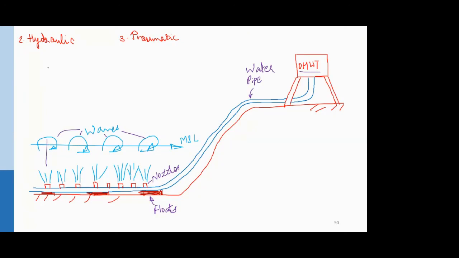So you can assume, if I draw a force diagram, the force of this wave Fw is in the right direction, suppose, and the force of the water from the nozzle is Fn. Okay. So this force Fw is interrupted by the force of the water coming out from the nozzle, which is under very high pressure, and due to that, this force of the wave is going to break down. All right, so that's the way in which the wave is broken down, and then you protect your land area from the effect of waves.